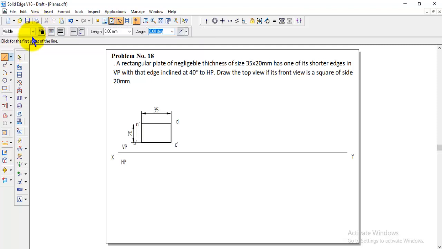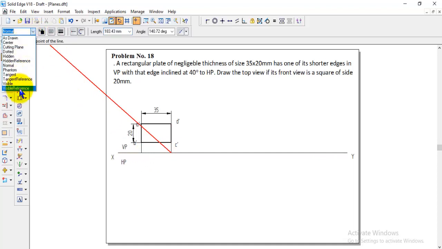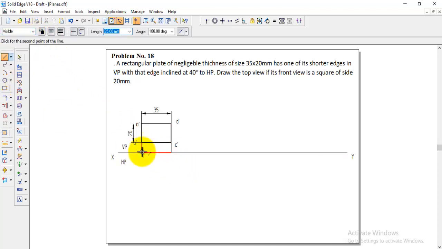And to get the top view, draw the projection lines by using a normal line to the XY, and then the top view will look like a straight line, and you can draw it with the visible line. And coming to the naming here, first we need to see from the top. A dash is there, then B dash is coming, so that's why here we can say A of B. And in the same way D and C is here, so D is first, so D of C we can write it.